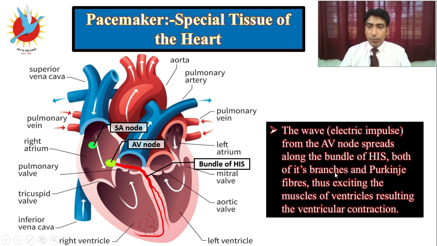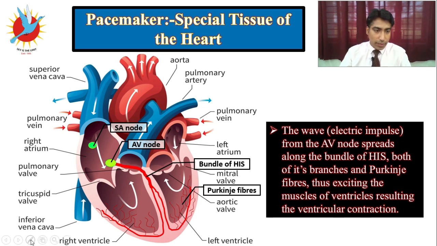So the wave of electric impulse from the AV node spreads along the bundle of His, both of its branches and Purkinje fibers, thus exciting the muscles of the ventricle, resulting in the overall ventricular contraction. So in this diagram you can see that from the SA node, the wave of contraction is generated first, then it will further migrate toward, or be received by, the AV node, then the